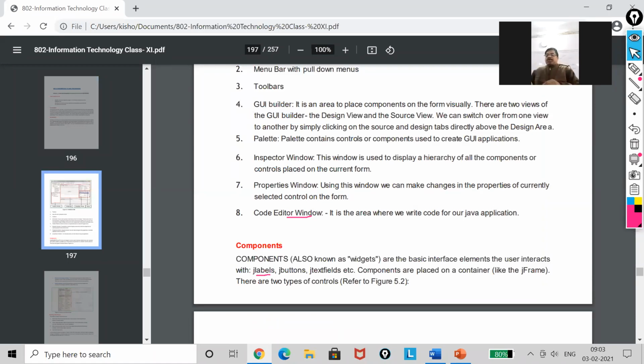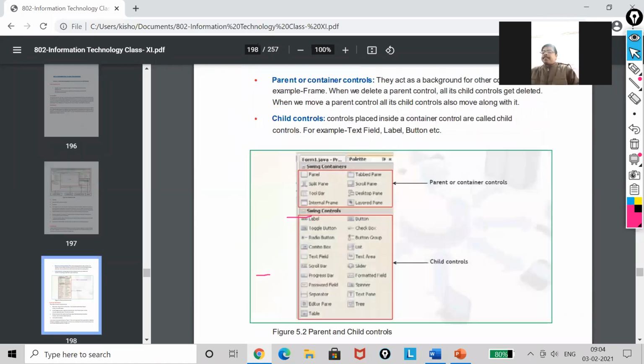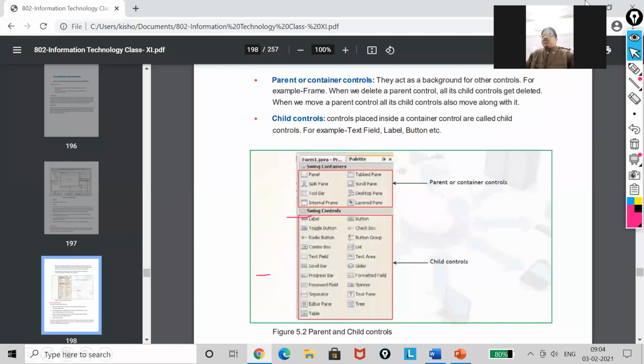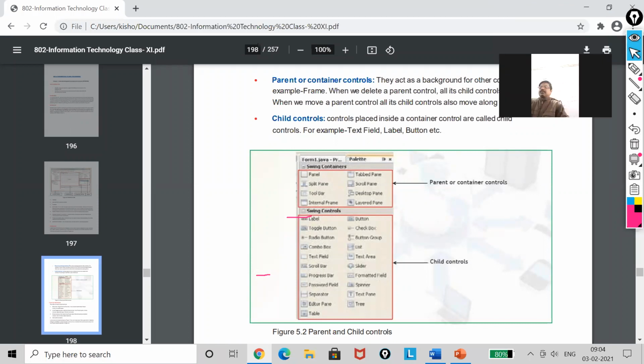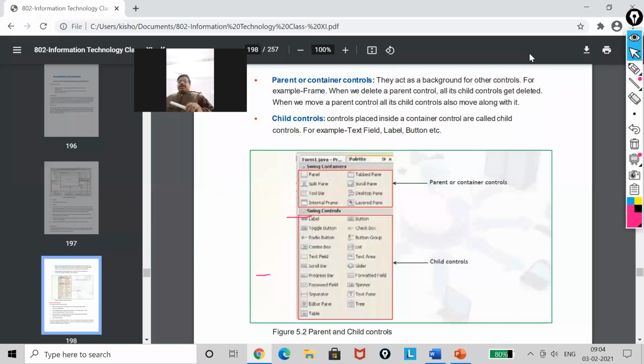Now I'm going to discuss controls. Actually, there are two types of controls. And what are those two controls? One is the parent one, and the other one is the child one. Now, friends, I'm going to discuss parent and child control.